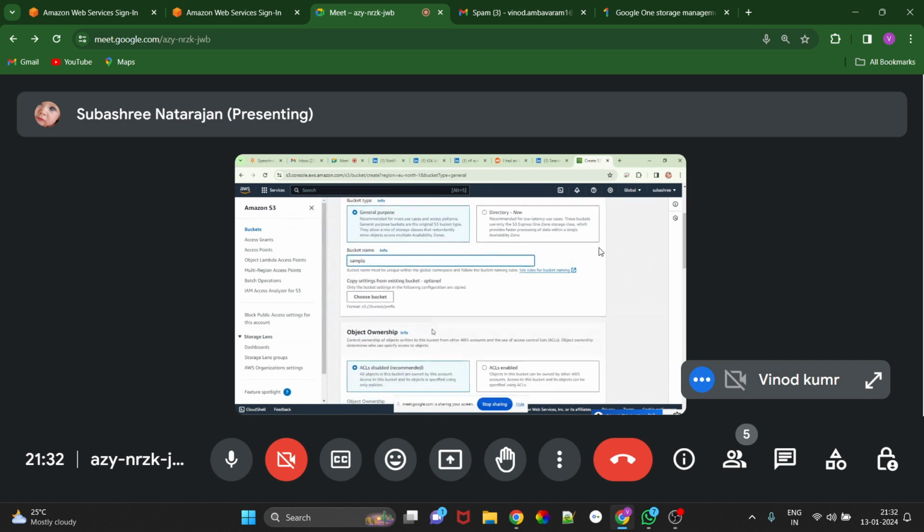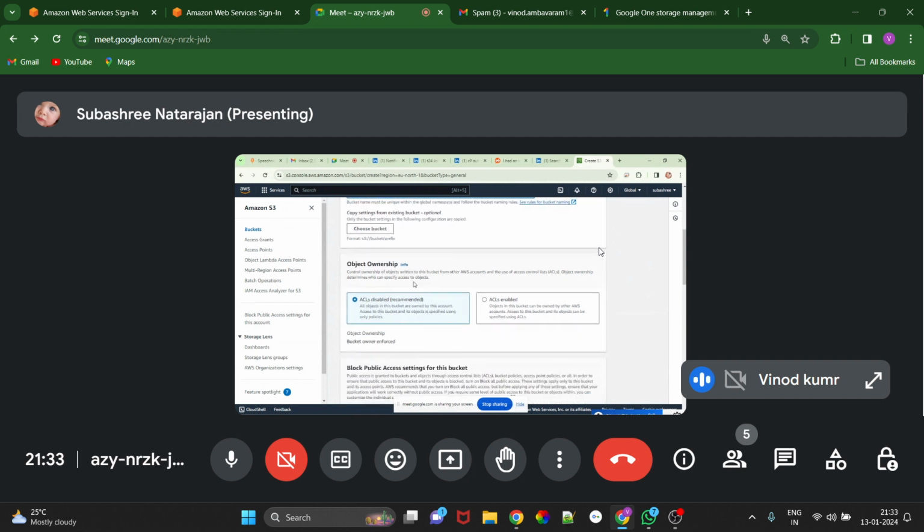Okay, and scroll down. If you choose this bucket option, whenever you have previously created any buckets and given some specific settings on your bucket, it asks whether to copy the same settings to the current new bucket also. We have not created any bucket, so this is the first time we are creating one, right? So we can skip this module and scroll down.